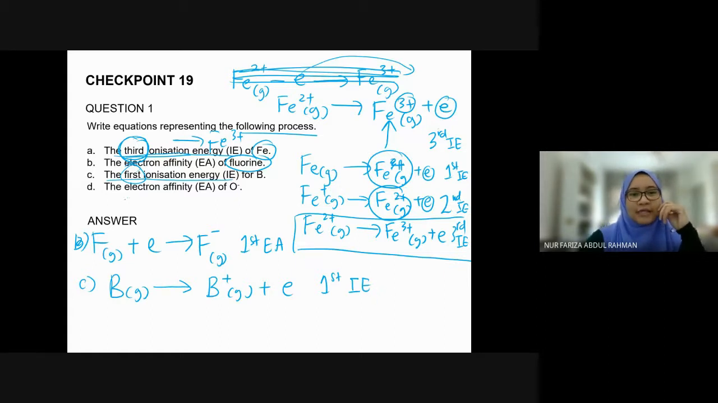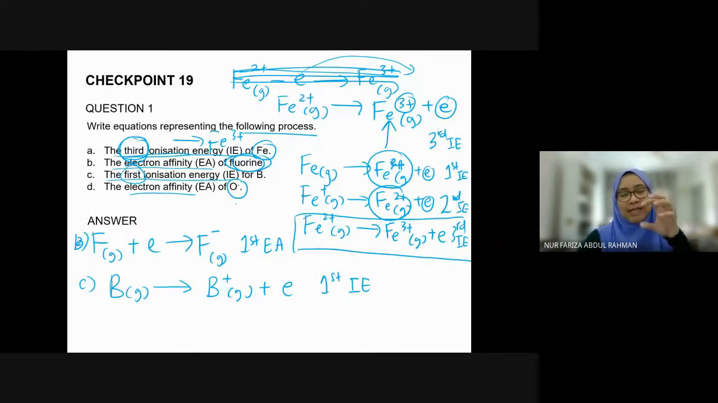Okay, alright. So the electron affinity of O minus. It already mentions O minus there. There are two ways to explain this: the second electron affinity of oxygen, and the electron affinity of O minus. The equation will be the same. The way it is phrased is different, but the answer or the equation will be the same. Understand? So when it says the electron affinity EA for fluorine,